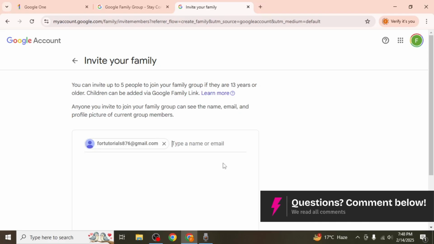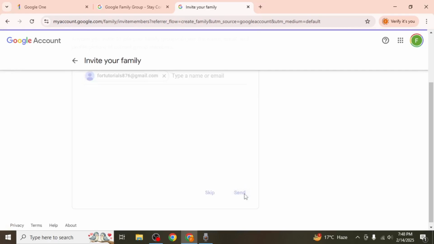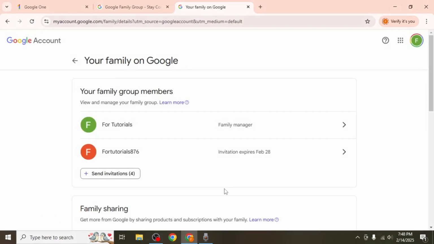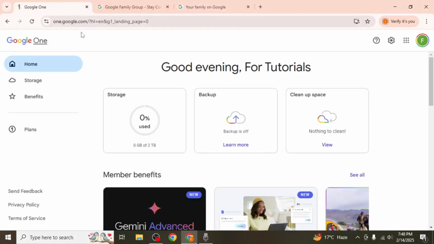Once you have selected the members, scroll down and click Send to invite them. After that, click Got it to confirm. Now that your family members have joined, visit the Google One website and click on Settings, located in the upper